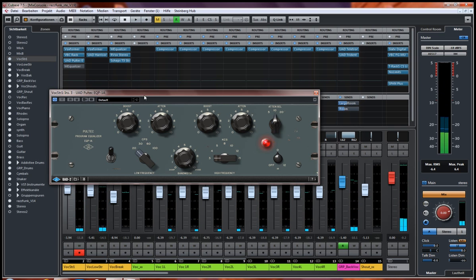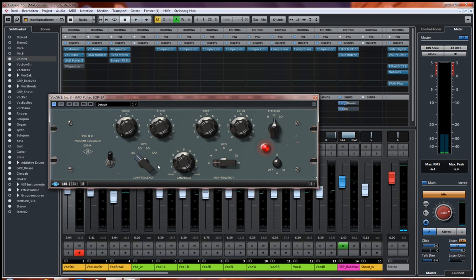So what am I doing here? The first move, I boosted around between 6 and 7K in order to make it cut better through the mix. I also attenuated some of the lows, and that might surprise you, I didn't boost the higher frequencies, but I